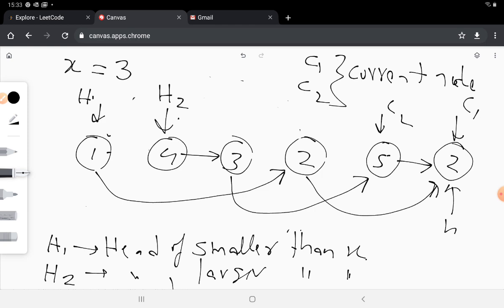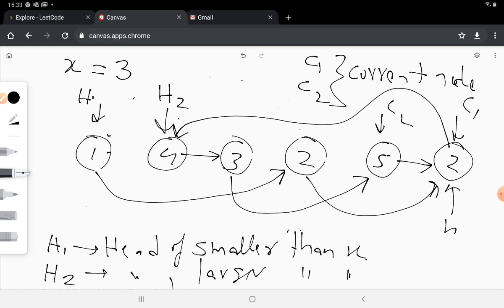And now I need to do two things. First thing that I need to do is set c1's next value as h2, because c1 is the end of the first half of the list, so it should be followed by the larger half of the list. So basically this means that the node pointed by c1 should have its next set to h2, which is this 4.